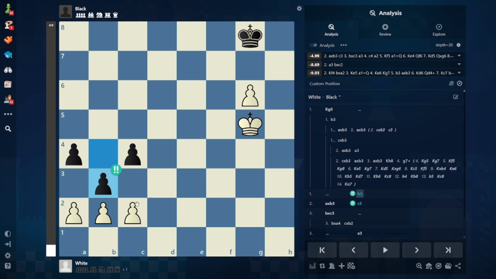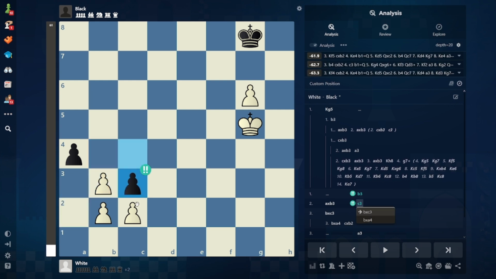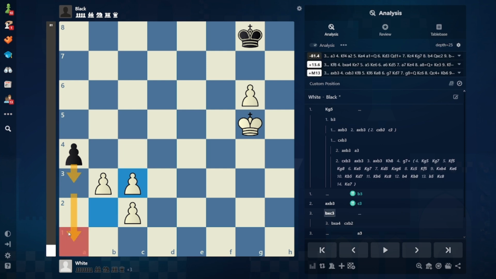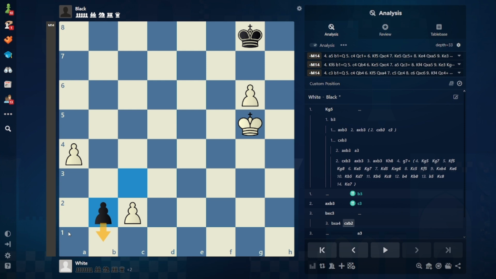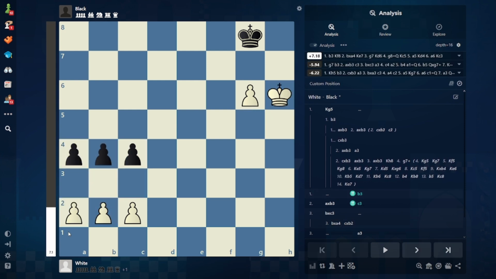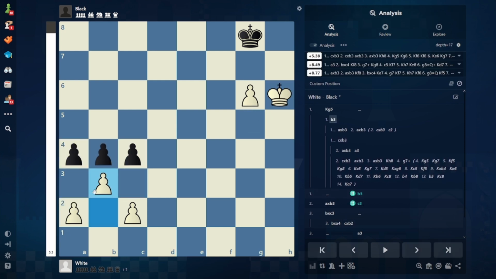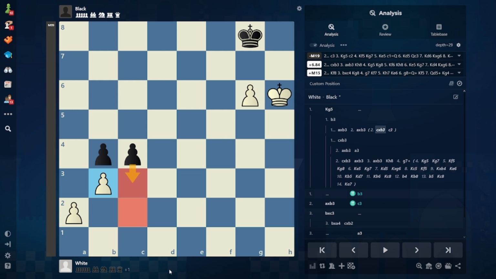After something like a takes b3, c3, another brilliant move, and after b takes c3, a pawn will become a queen, and after b takes a4, the b pawn will become a queen. So white has to stop it by playing b3 by themselves. And after a takes b3, you have to remember, do not recapture with the c pawn, because this pawn will become a queen,